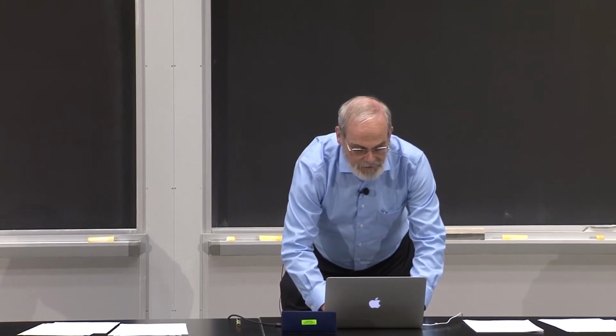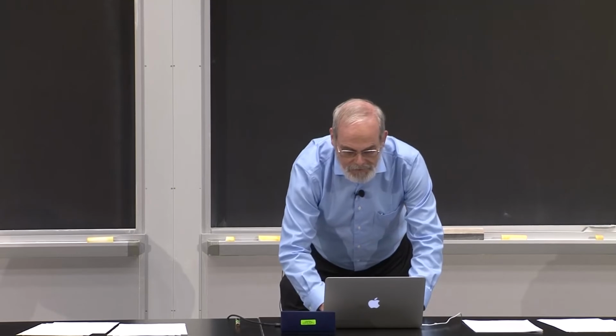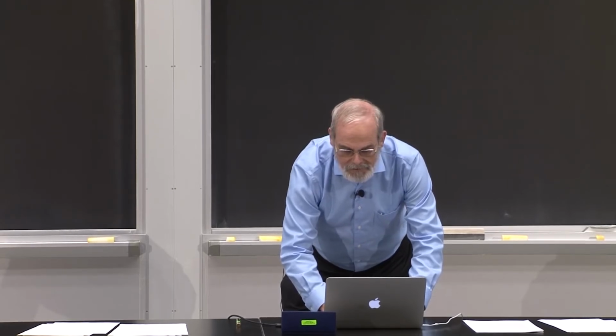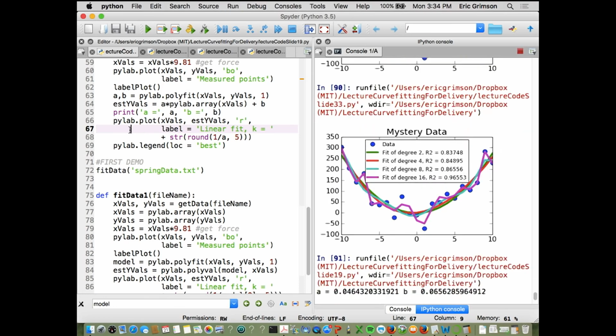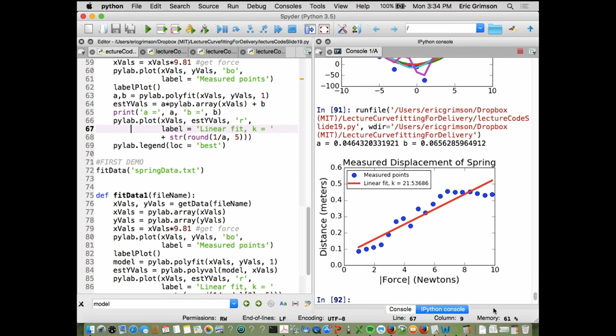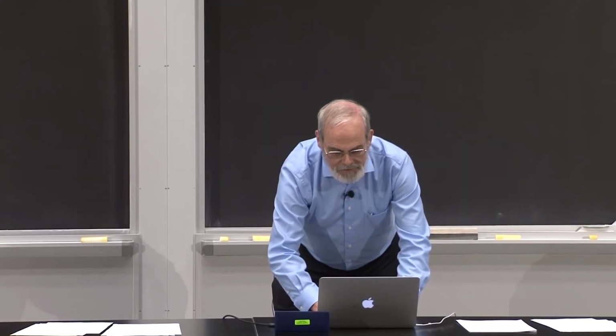So I'm going to go over to my code, hoping that it works properly. And there's my Python. I've loaded this in. I'm going to run it. And there you go. It fits a line, and it prints out the value of A, which is about 0.46, and the value of B. And if I go back and look at this,